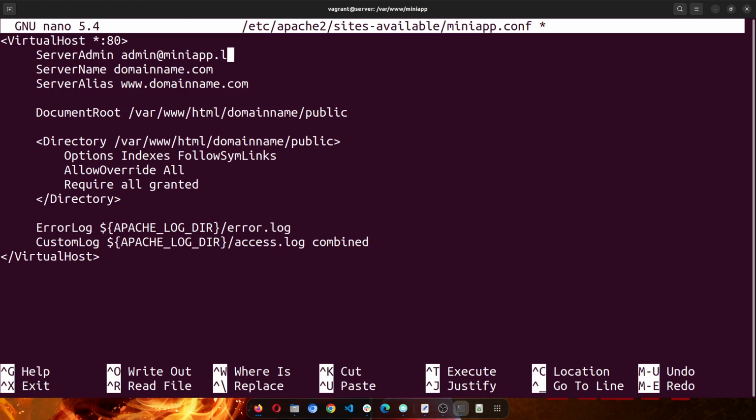But let's just do this first. miniapp.local. This is miniapp.local. The document root is this, and this is wrong, so this should be miniapp. This also should be miniapp. Okay. Yeah, is that all? Yeah, that's all. So let's save this, go back,